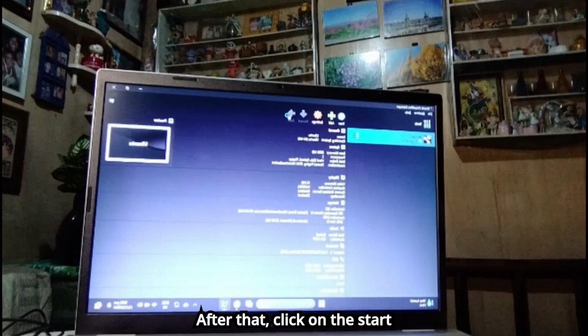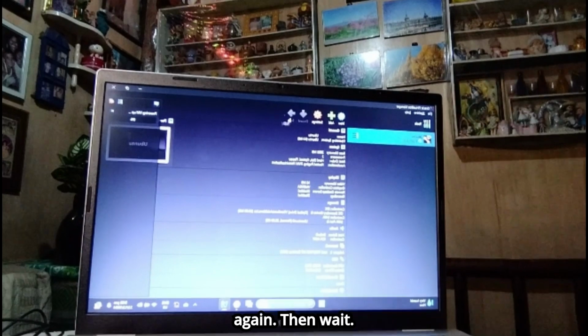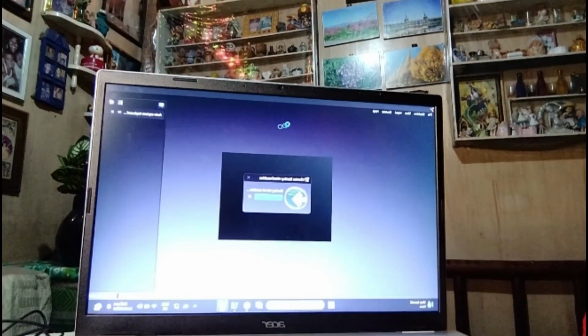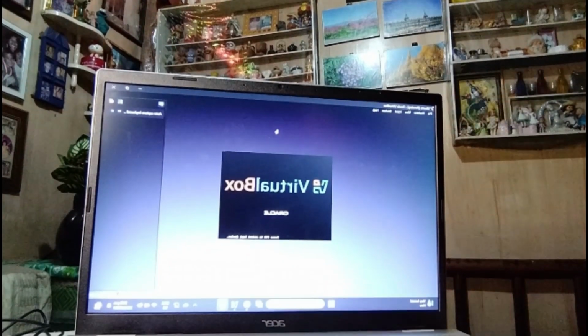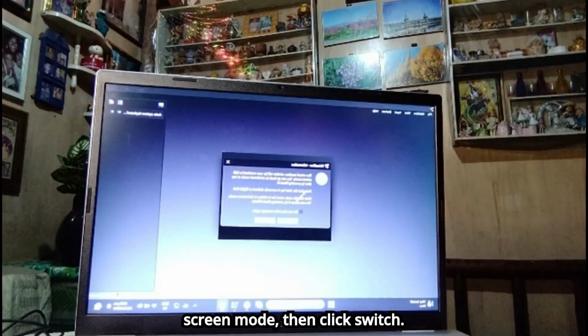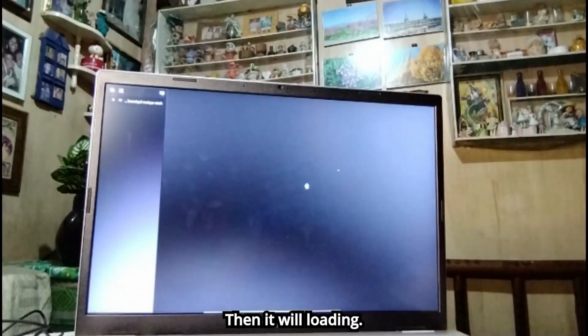After that, click on Start again, then wait. Now click on View and enter full screen mode, then click Switch. Then it will load.